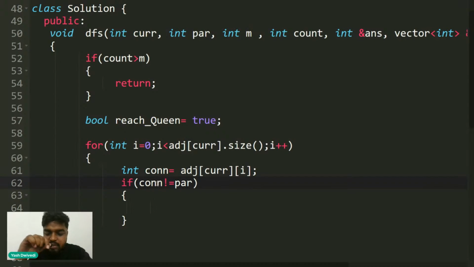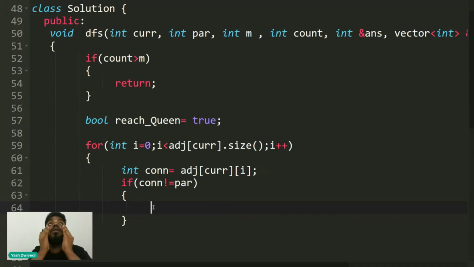Then what can we do next? When you will be reaching the queen, I have marked this like this. Then I can say that if I am here, I have to try and reach the queen, basically.